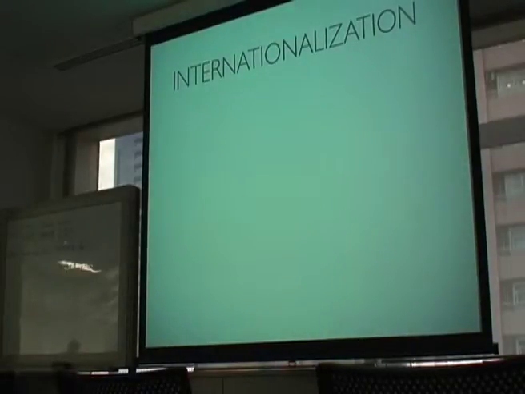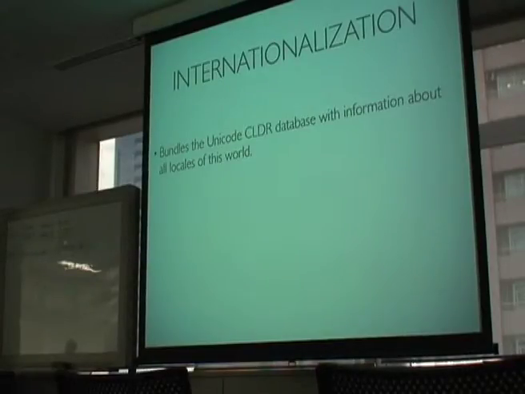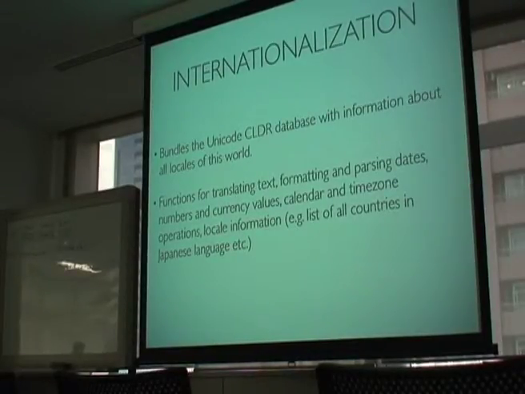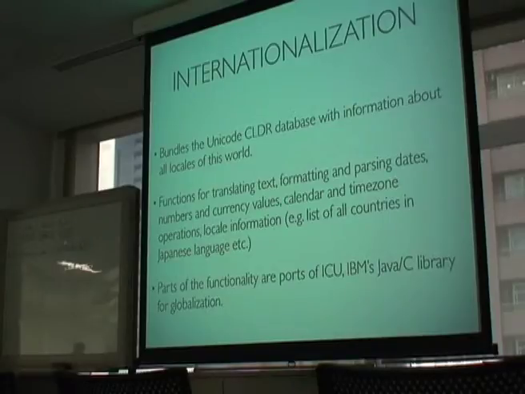Internationalization, very important, okay, because we're in Japan, so we need to translate. We have Unicode CLDR, like Symfony and like Zend Framework, with information about languages and cultures. Unicode CLDR information を持っています。So you can parse a number in Japanese format, parse a number in German format. You can get a list of country names in Japanese, everything. 数値のパースの仕方であるとか、あるいは国の名前のリストですね、選ぶ時のリストみたいなものを持っています。